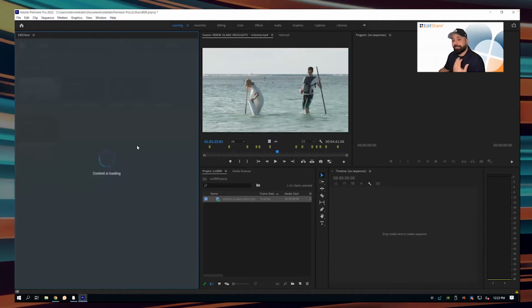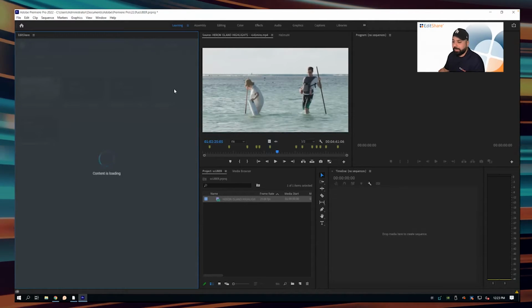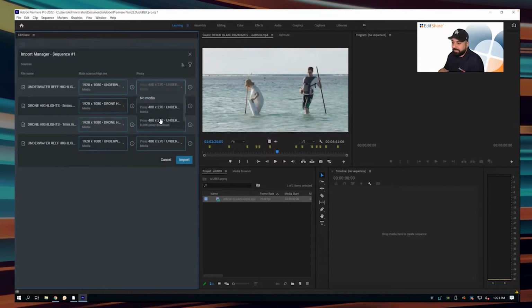Now let's take that another step further. We'll come back into the project and we've got the sequence here, all right? I can right click on that sequence and I can import that sequence directly into the Premiere project. And you can see now it's giving me a variety of different options for all of the different assets involved in that project. If I select an option here like Flow Proxy Download, I can apply that to all of